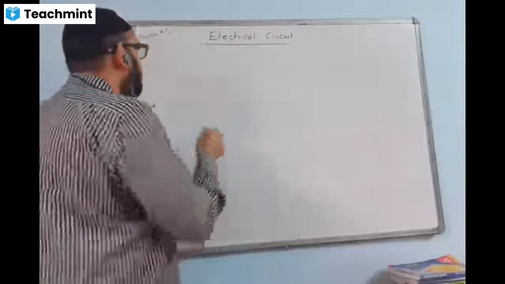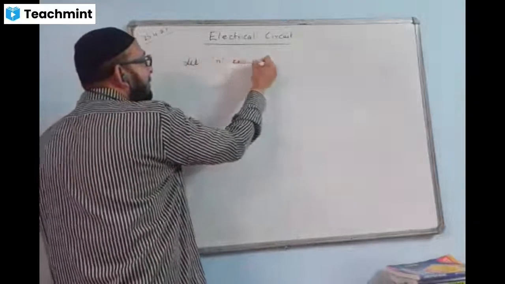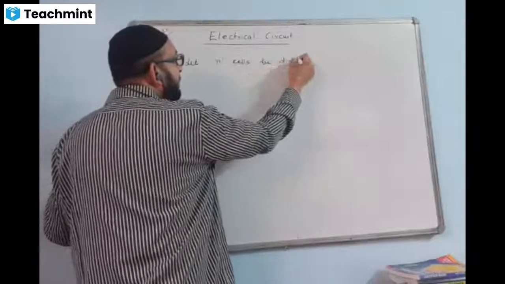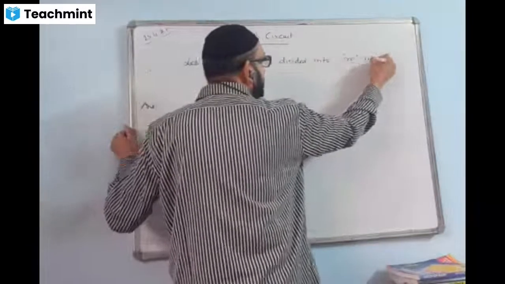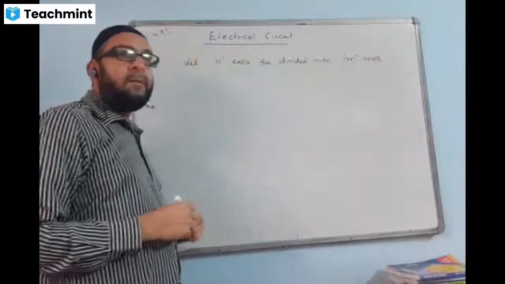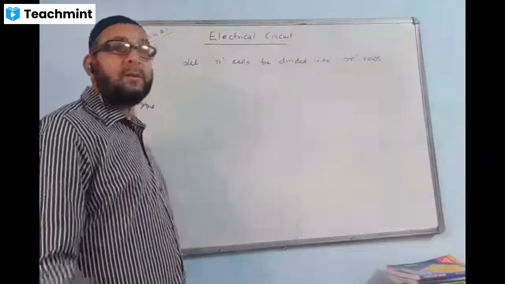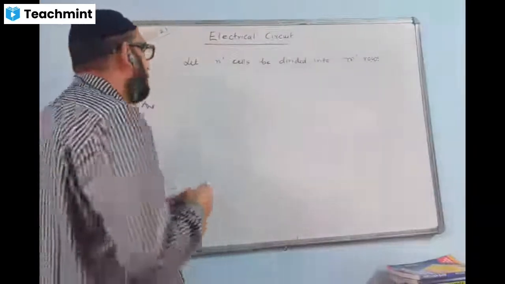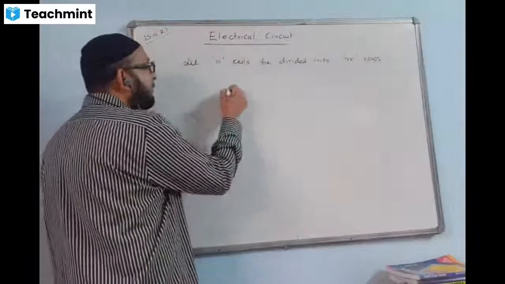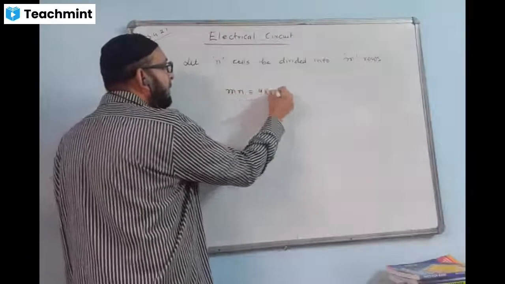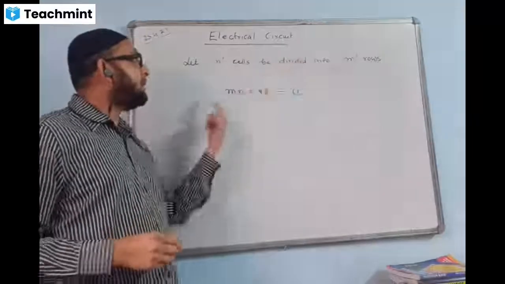So right here, let n cells be divided into m rows. First we'll write this. If you remember, last time we had done the derivation on this also. What is the condition for maximum current and how much is the value of current, we had done last time. You can write how many cells are given altogether: 48, right? Therefore, total number of cells is 48. We write here mn is equal to 48, equation 1. Total number of cells means n multiplied by m, and that is given 48.